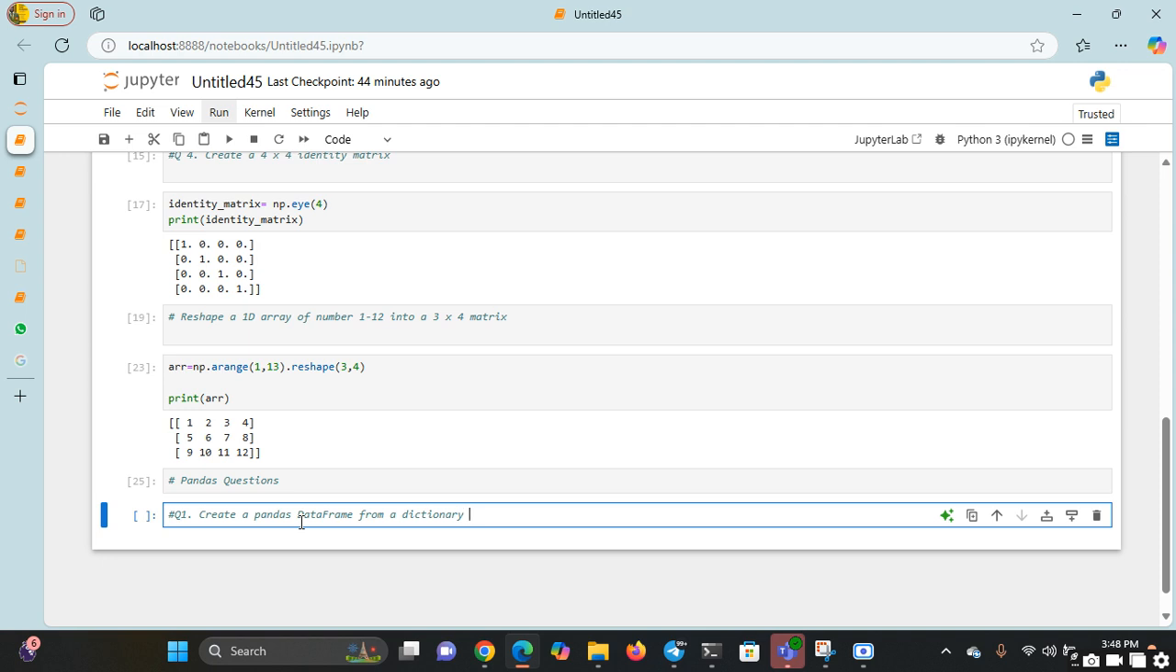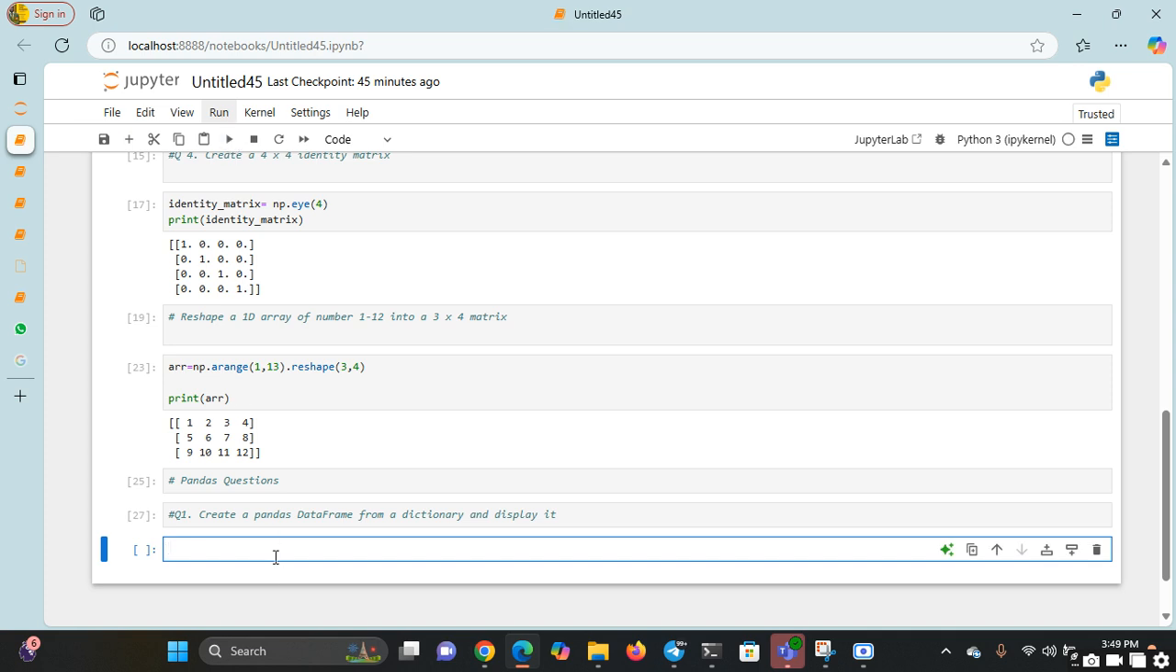So the data frame is named for... yes, it's in Pandas. Okay, now this will be displayed. We want to create a pandas data frame from a dictionary and also we want to display it. So how can we do that? We want to create a data frame. After we create the data frame, then we want to display it